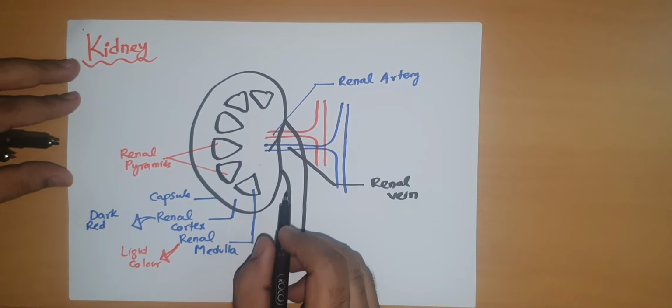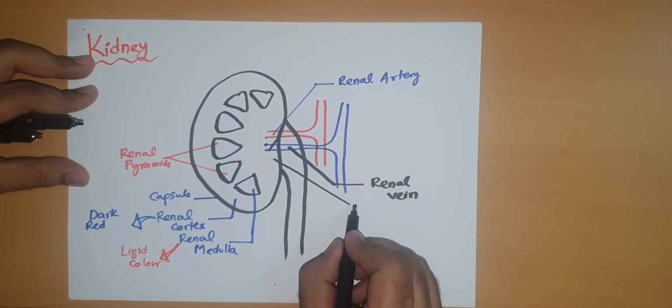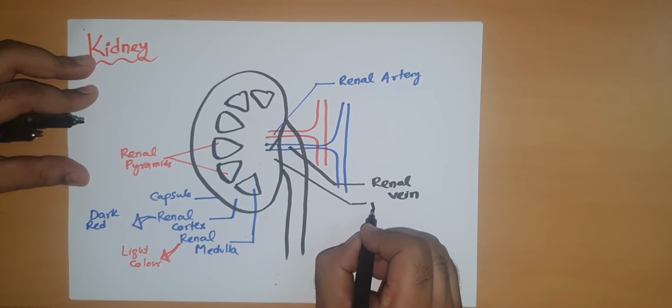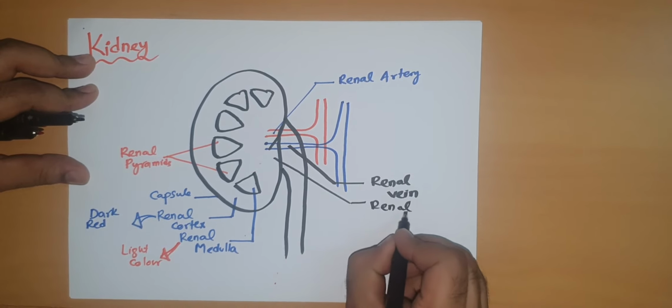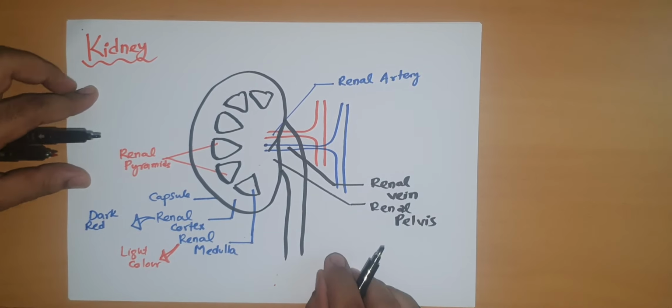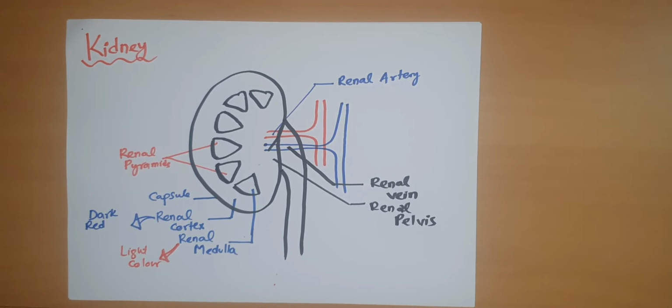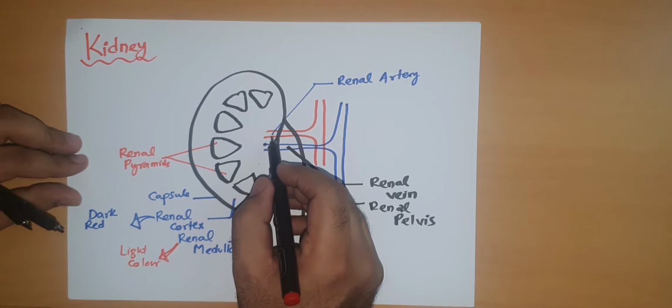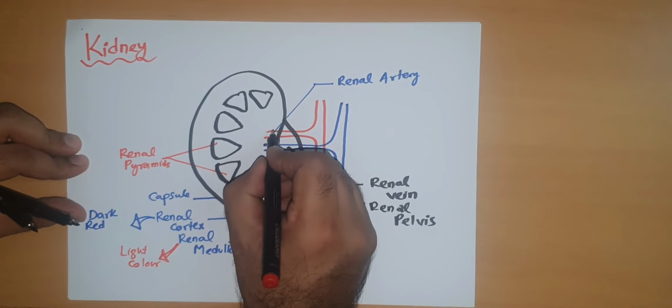Now this area of the kidney, it is called as renal pelvis. Now let me give you a little idea that when this artery enters into the kidney,